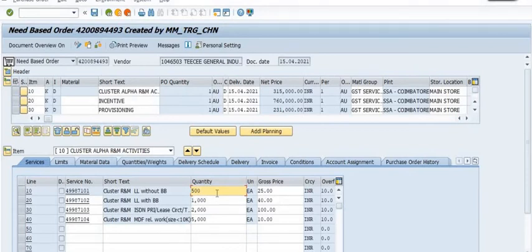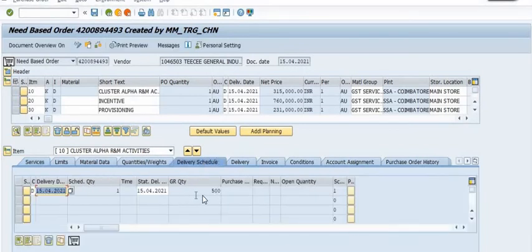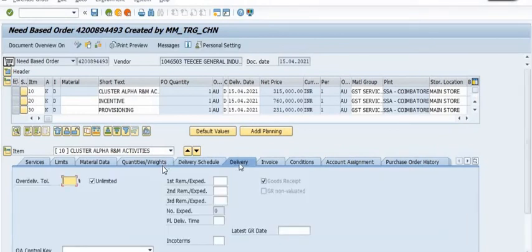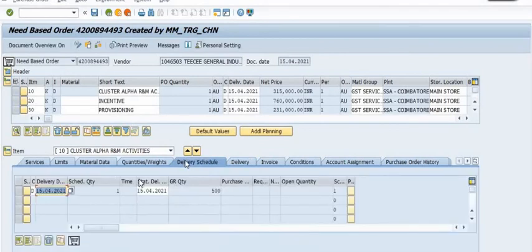The GR quantity is 500, so the quantity in this service activity code is 500.